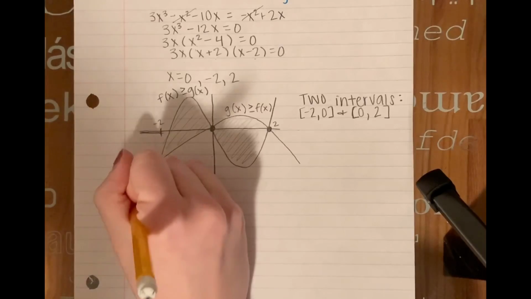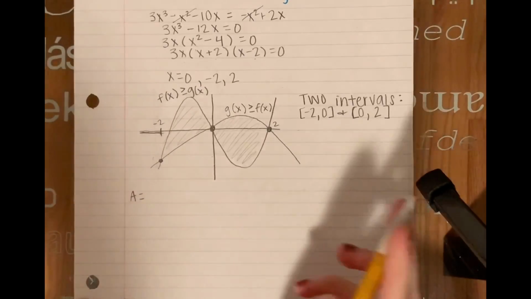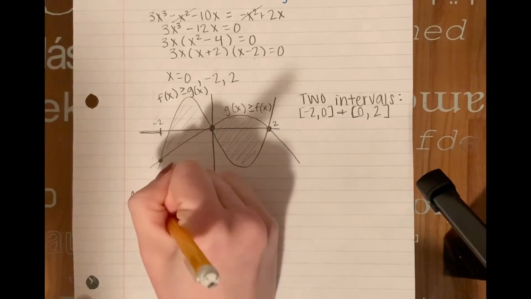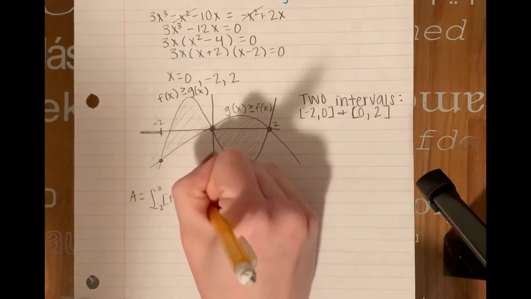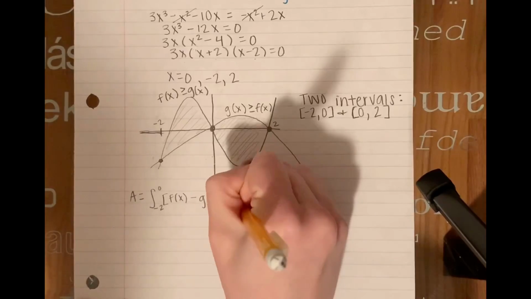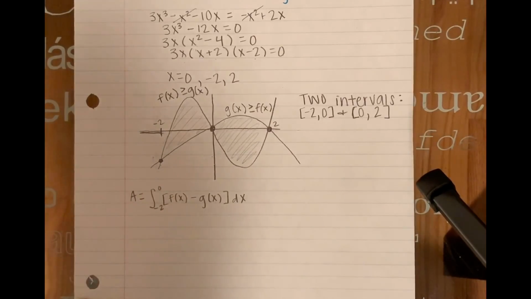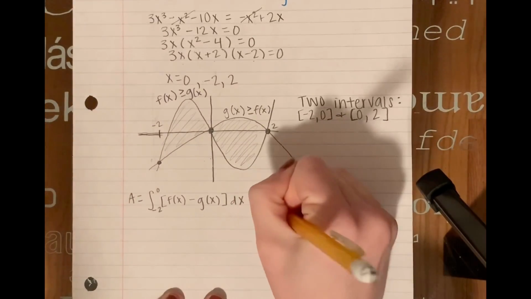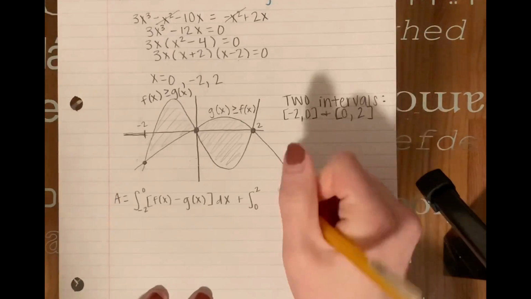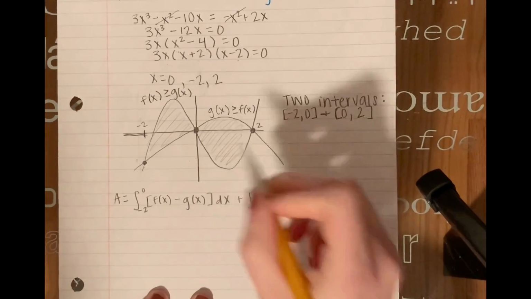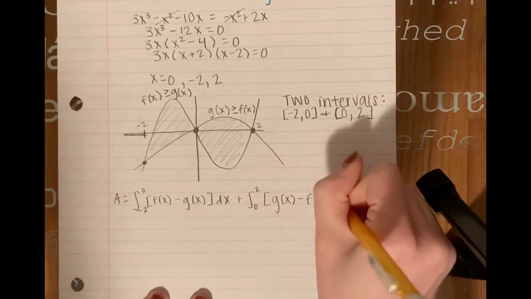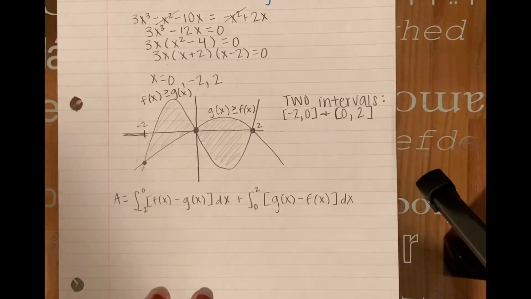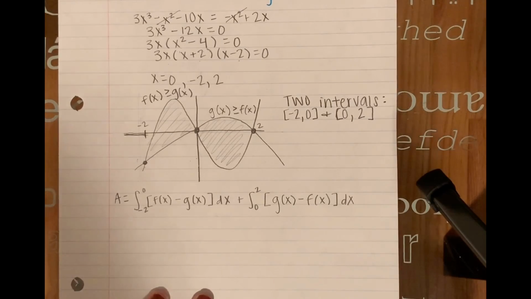So here's how we'll set that up. We'll have the area equals first interval from negative 2 to 0. So the integral from negative 2 to 0 of f of x minus g of x dx. So this is just this section right here. Then we'll add the second interval, which is from 0 to 2. And this time g of x is above f of x, it's greater than, so g of x will come first. And then we just substitute our formulas in. So f of x minus g of x